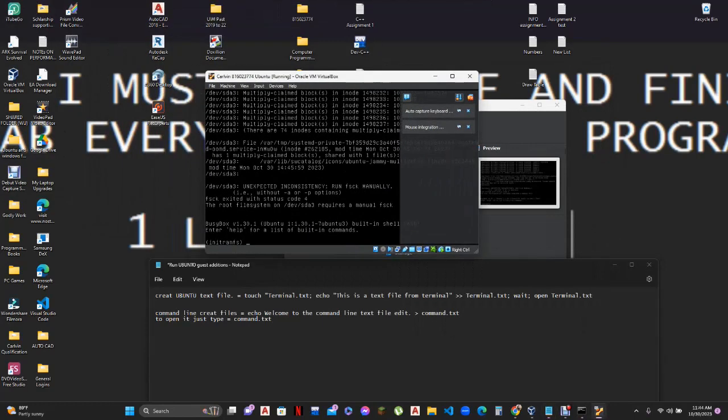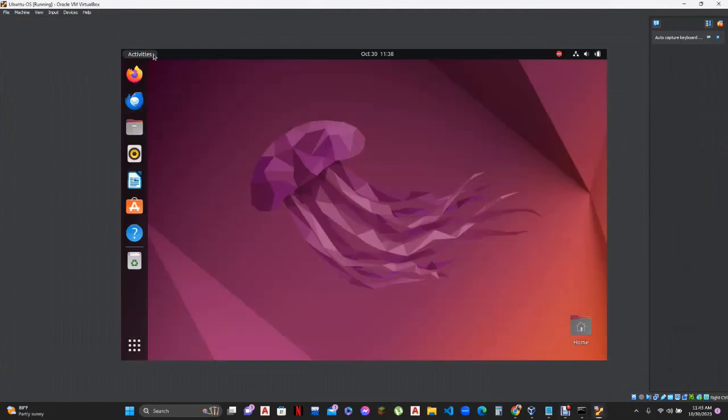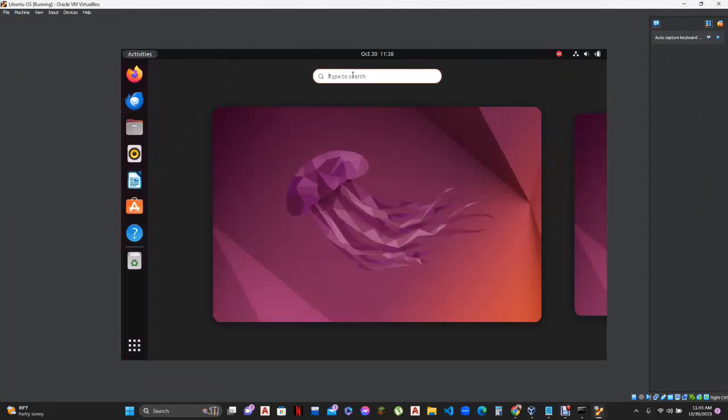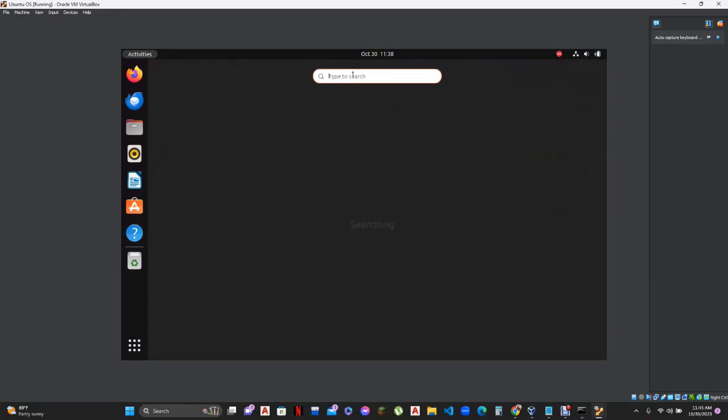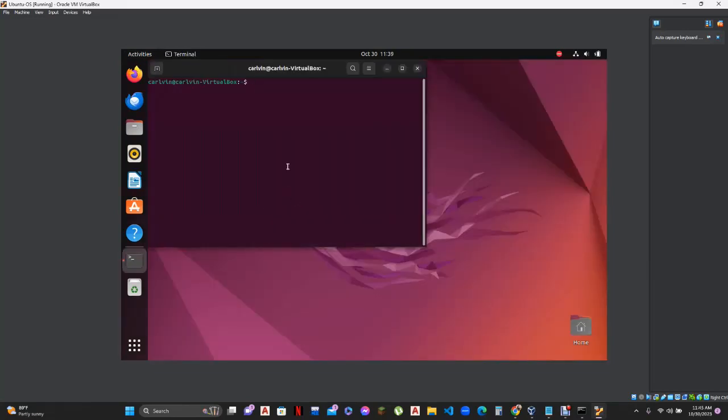Hold on, I see Ubuntu is going through some things here. Basically want to show you how it is I do it in the terminal. If it will actually start, just give me a second here. So just access the terminal, but I tend to get a little excited and misspell things a lot. Alright, so